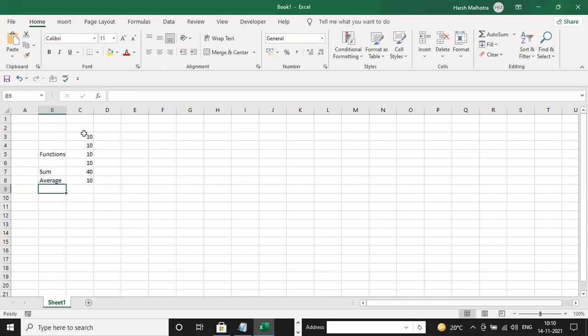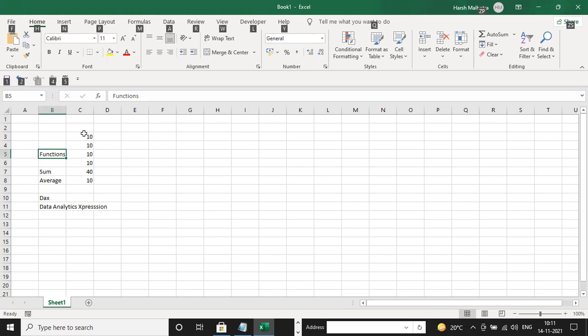But in Power BI, these functions are named DAX. That is the difference. DAX means data analytic expression. So this is called a DAX function, and the functions we use in Excel, we use DAX in Power BI.